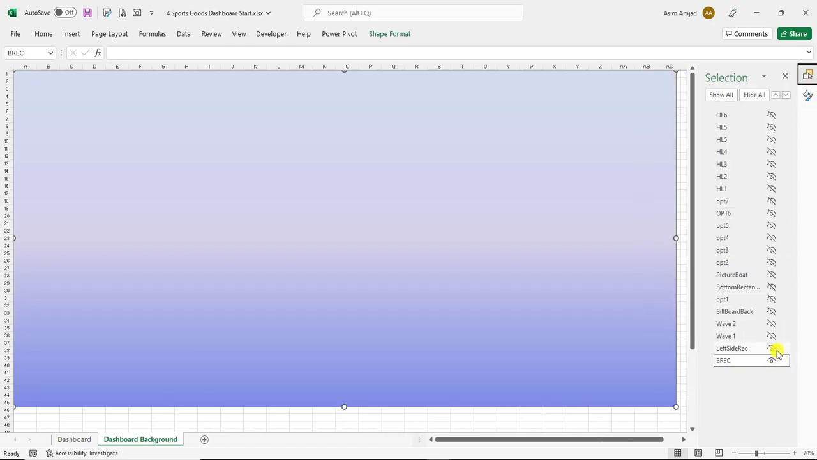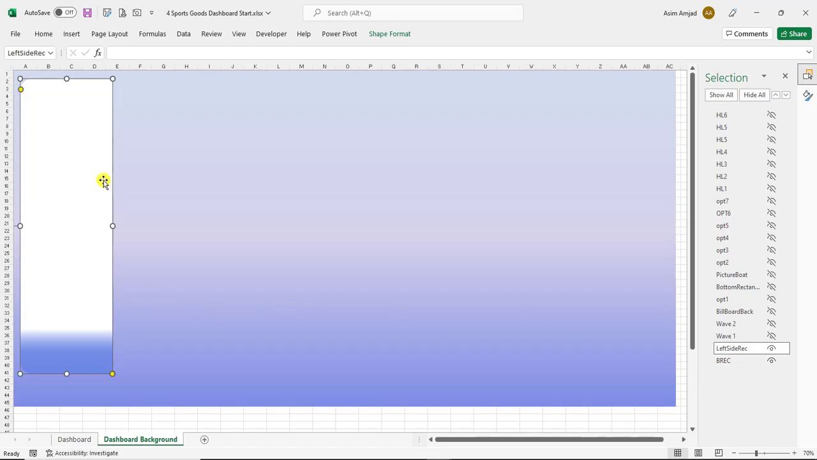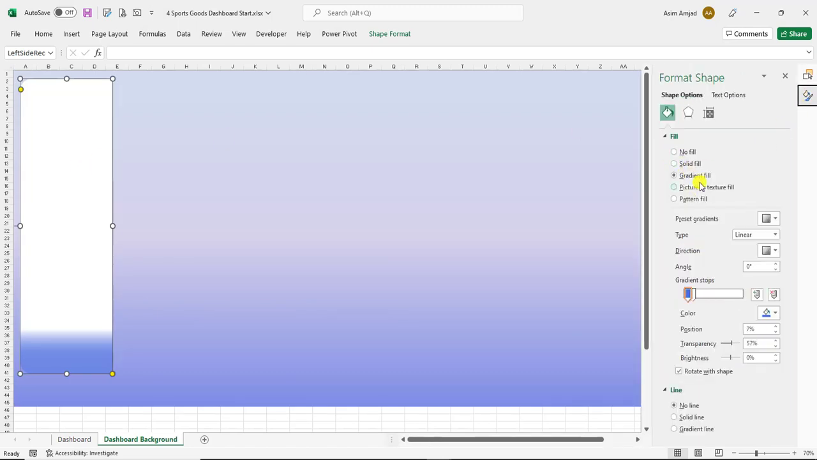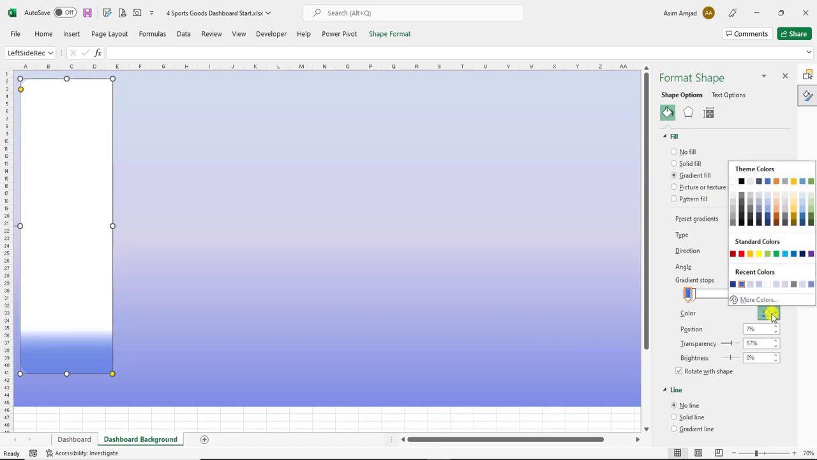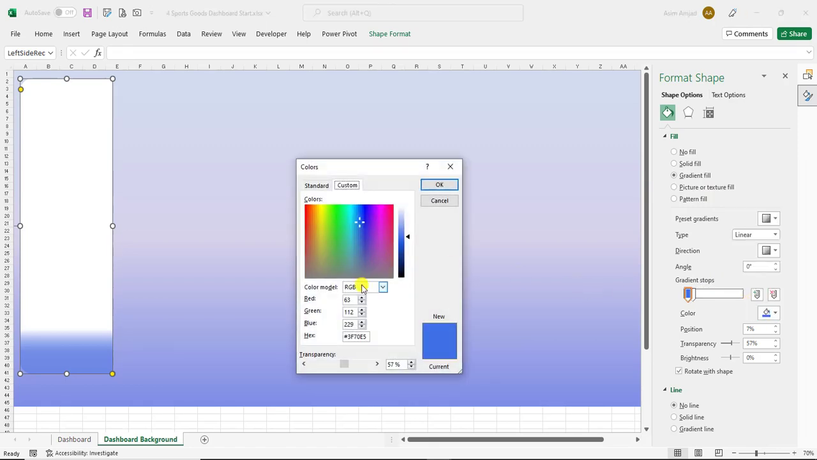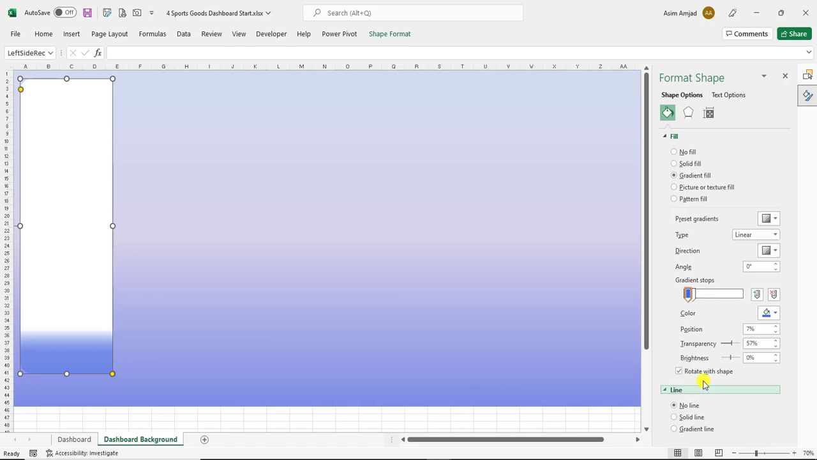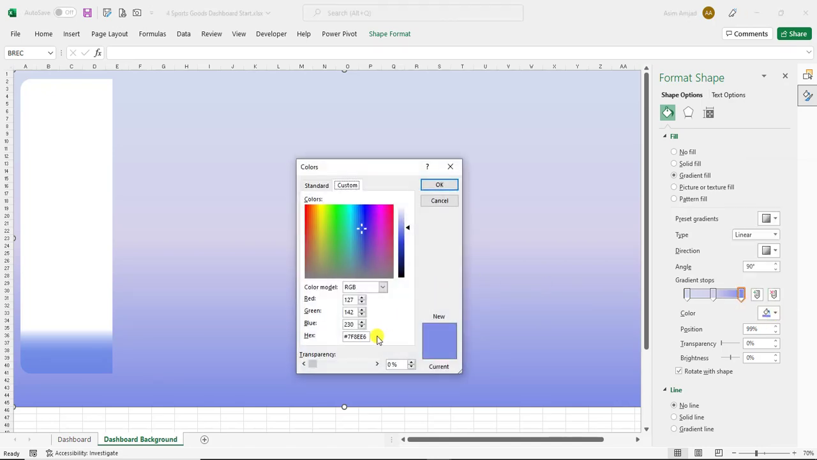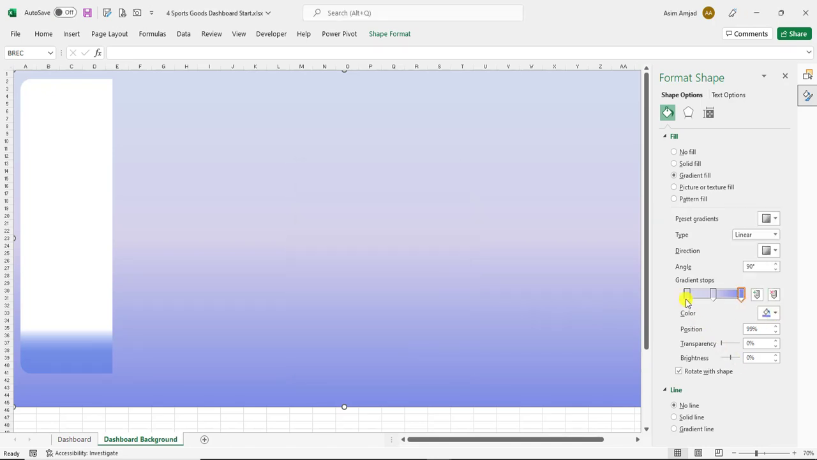Okay, and then add the left side panel rectangle, and these settings are the gradient fill and the gradient slope. These two gradient slopes have been added, and this is the color and this is the code of this color. You can also check the code of this color as well, like this. All right,